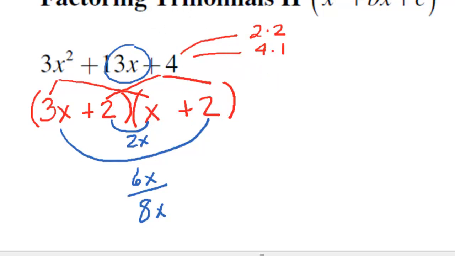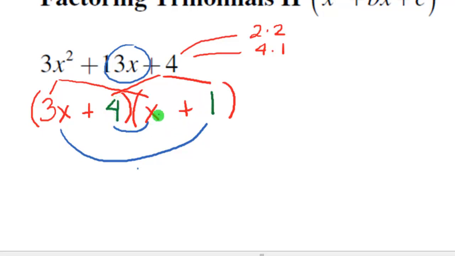So let's do that. Let's get our eraser. All right. And so now we're going to try 4 and 1. Again, you want to check your middle term, and so in the inners we get 4x, and in the outers we get 3x, and that adds up to 7x. Well, that's still not our 13, but before you get frustrated, we do have to try one more combination,